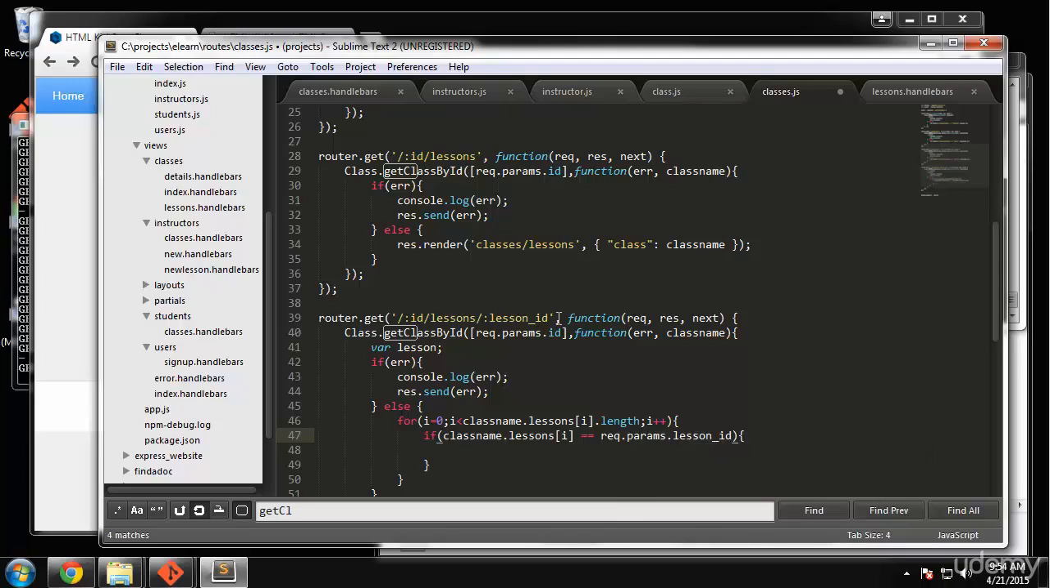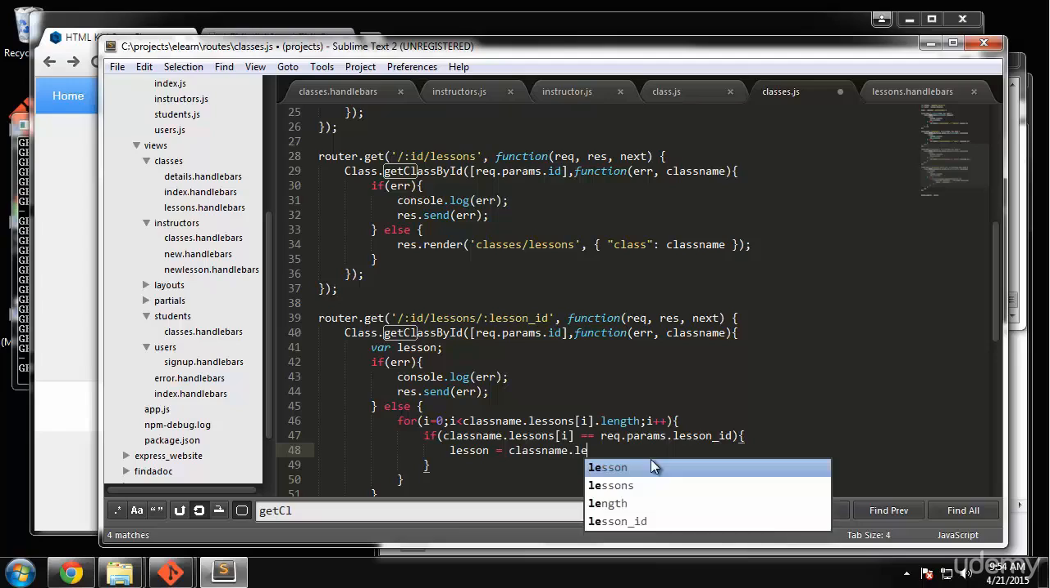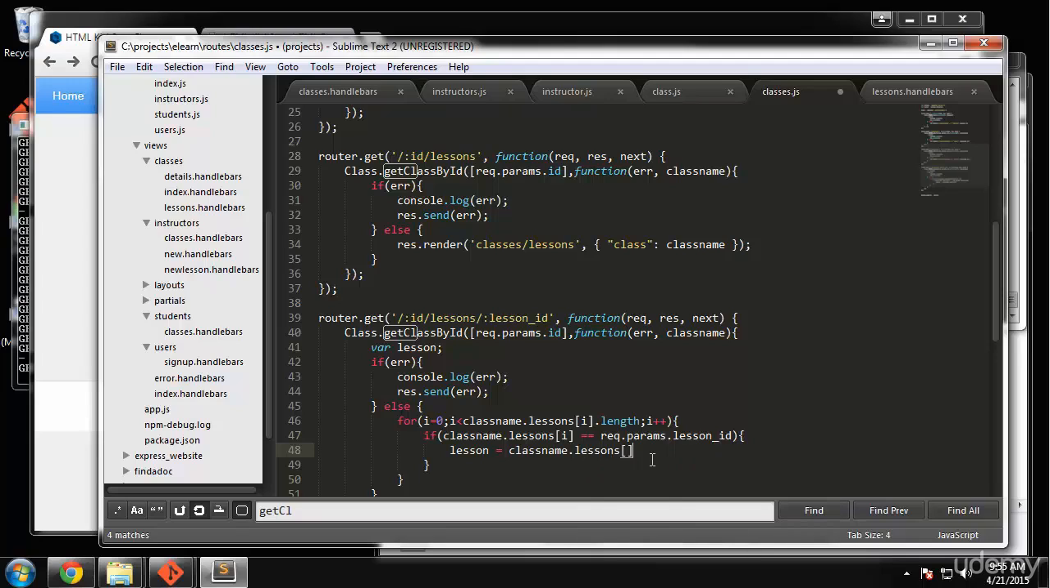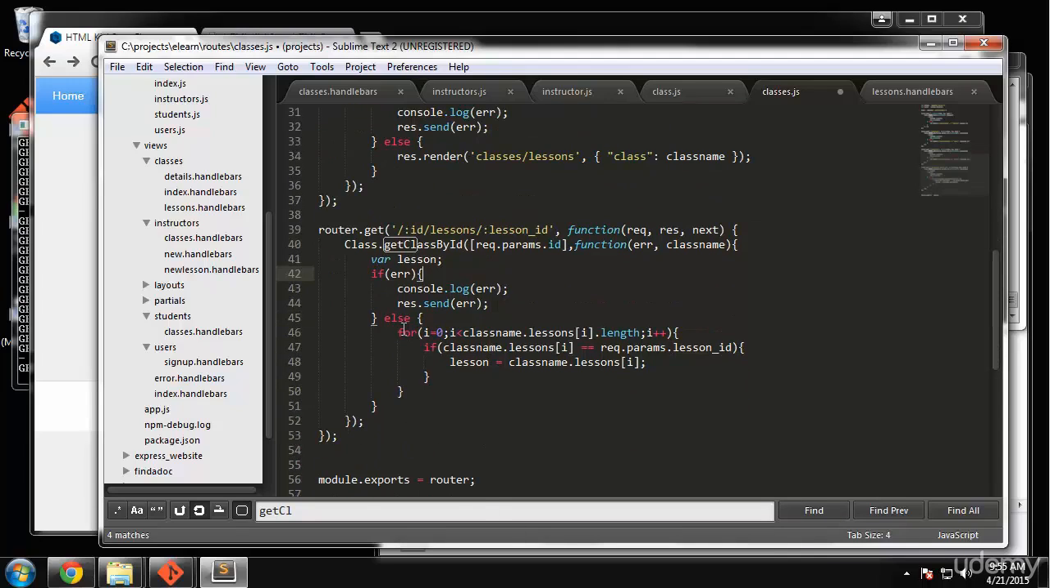Okay, so that's going to check this right here. Now if it does match, then we just want to add it to the lesson array. So lesson is going to be equal to class name dot lessons I. Now all the information, all the fields for that lesson ID are going to be put into this variable. And then after that we want to get out of the for loop,